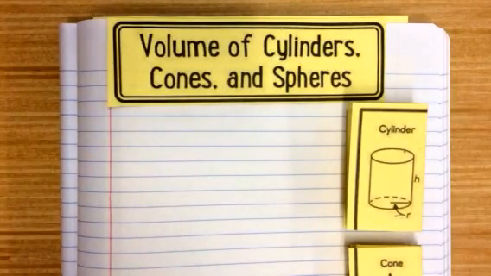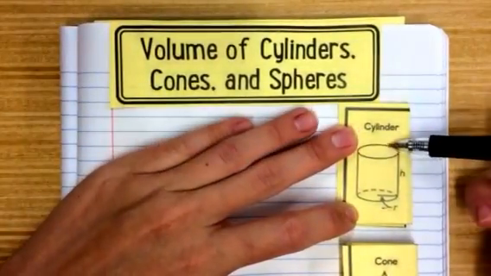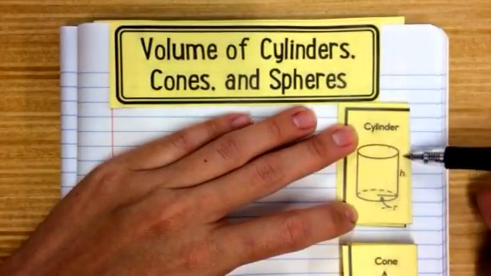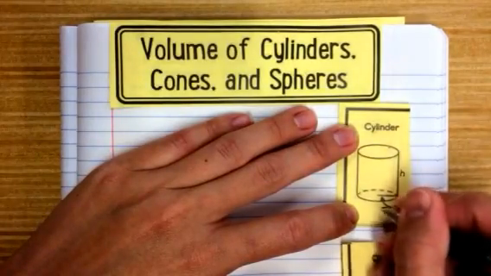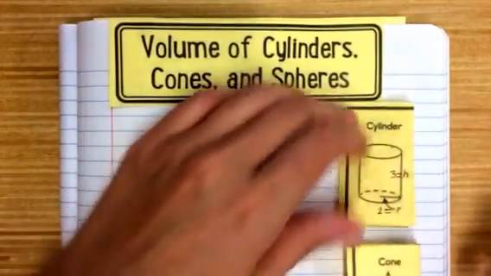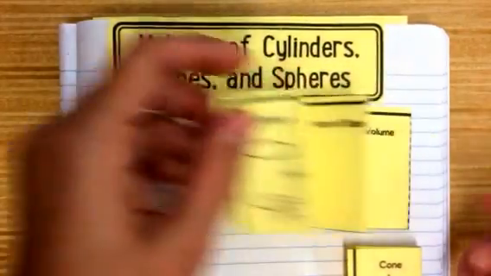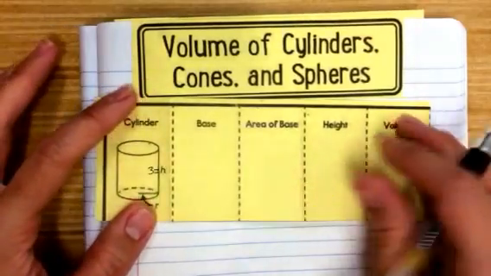Okay, today we will be looking at volume of cylinders. And here's what a cylinder looks like. It has two bases, they're both circles, and this is the height. So for this cylinder, we're going to give it a radius of 2 and a height of 3. So let's go ahead and go through the entire process of finding the volume